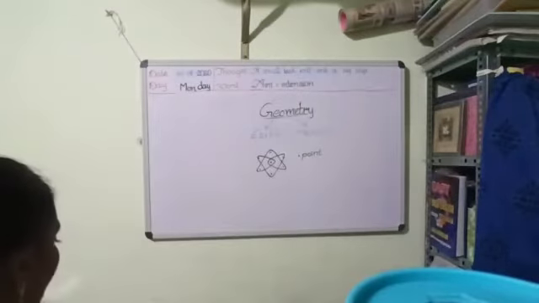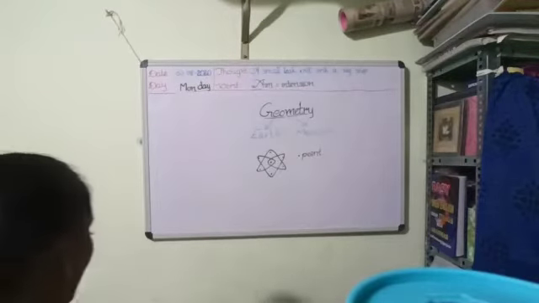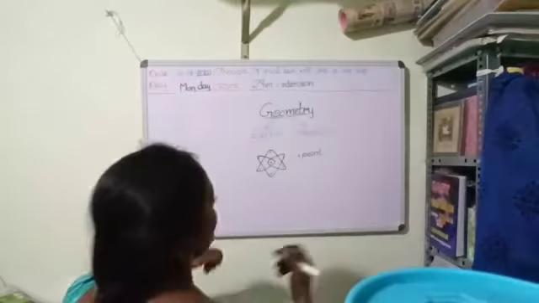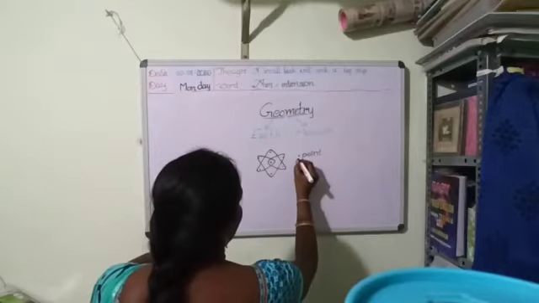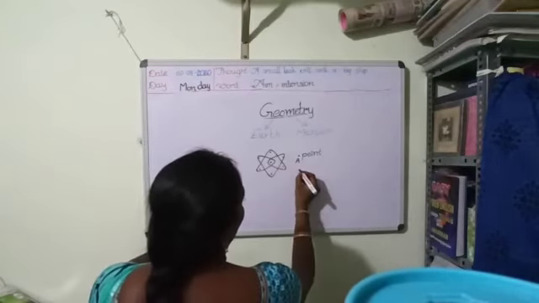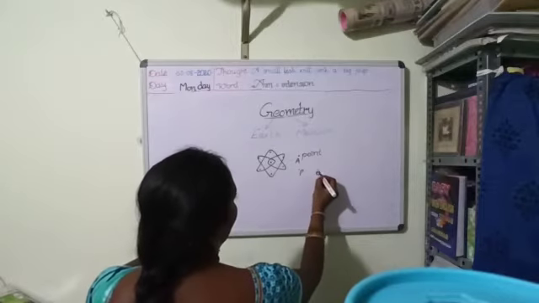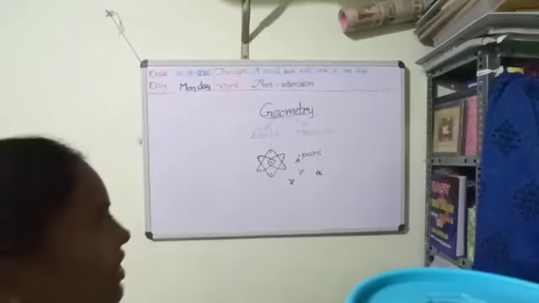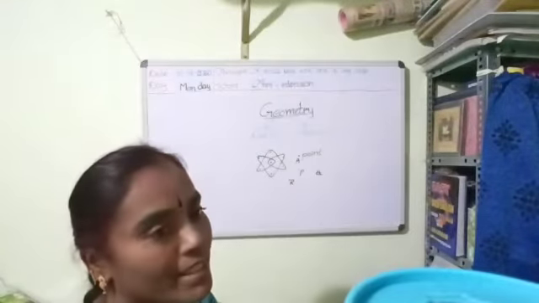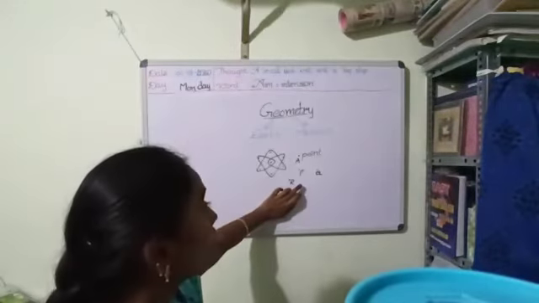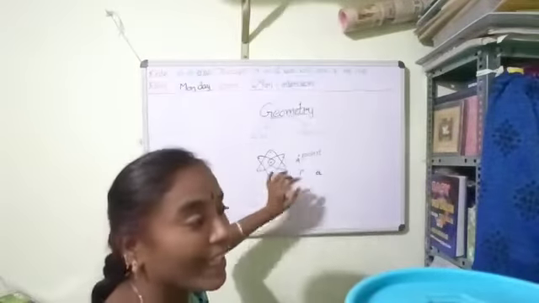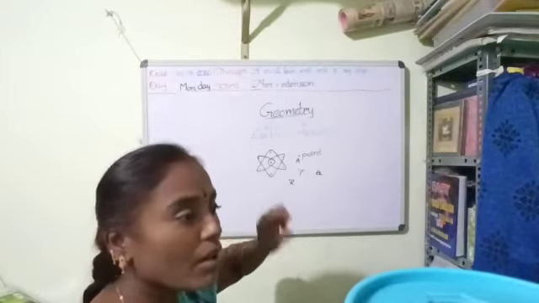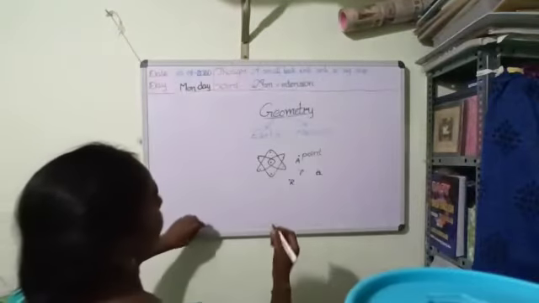A point shows an exact location, but it does not have any length, breadth or height, and it is denoted by capital letters: point A, point P, point Q, point R. Like this we have to mention. So this is a point. And in your Google Maps also we can see this point. A red colored point indicates the point. That is also a point. Now come to the next one.